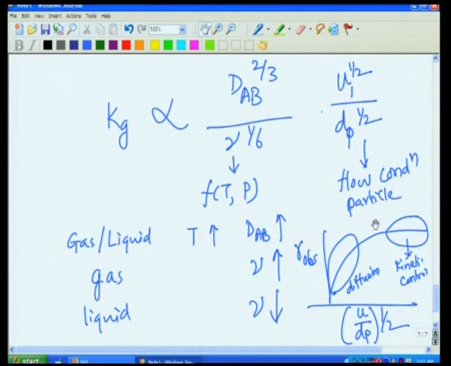So, knowing Kg for mass transfer, and heat transfer coefficient hf, we can keep the same arguments for temperature as what we did for concentration. The only difference is, instead of rate of reaction, we will now equate rate of heat generation, that is energy generation because of chemical reaction, to the rate of energy transport.